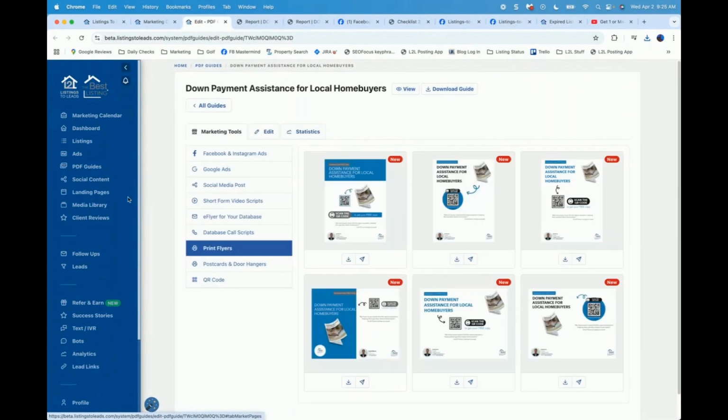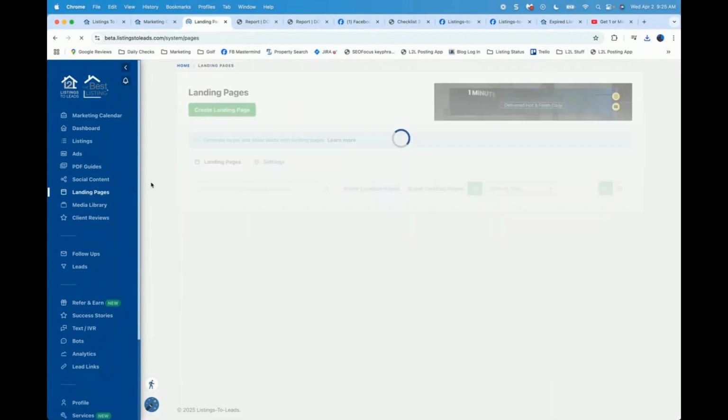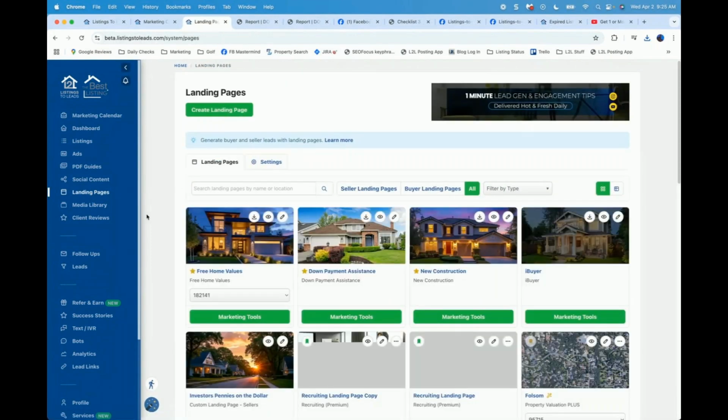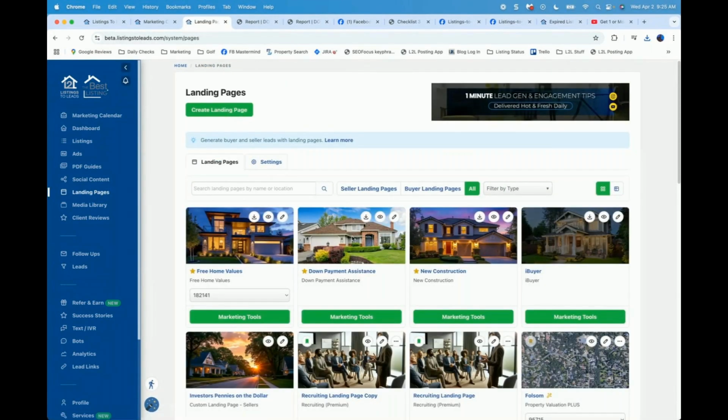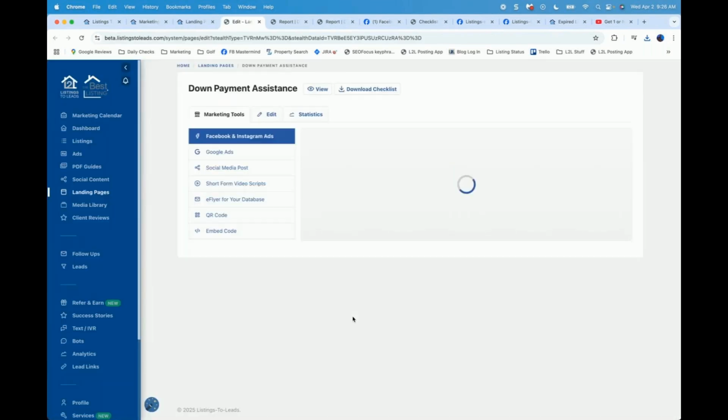And let's go to landing pages because there's also a down payment assistance landing page. When you go to the landing page section right here, it's the second landing page, top row from the left. So free home values first, down payment assistance is right here. If I click on marketing tools,